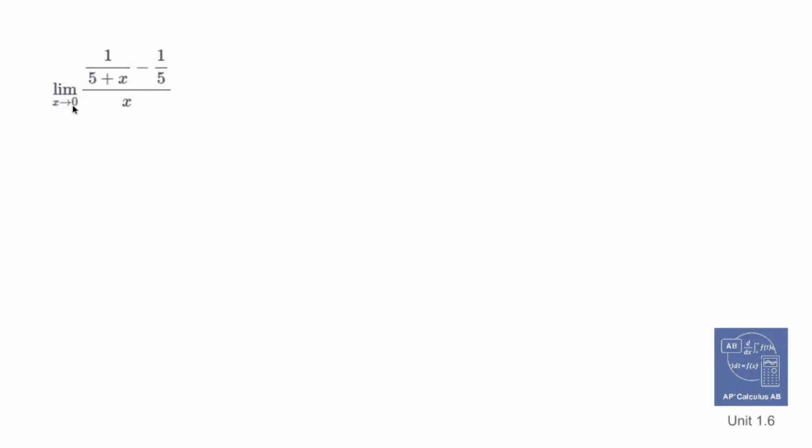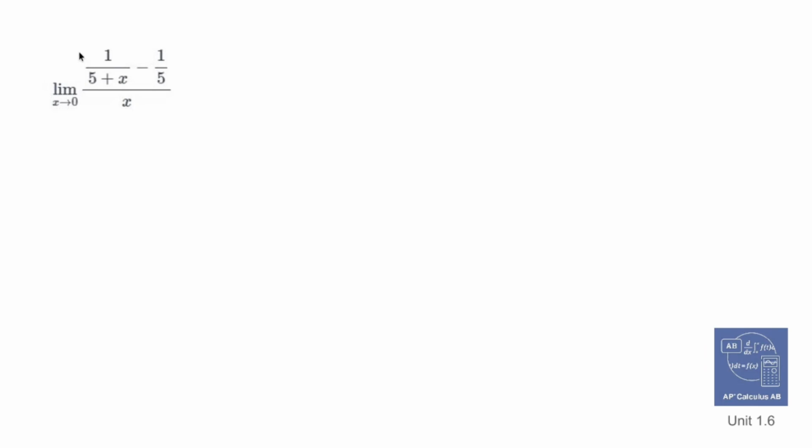Find the limit as x approaches 0 of this rational function right here. Well, issue number 1, if I were to plug in 0, I'd get something that's undefined. But issue number 2 is I have two fractions living up here. So why don't I fix that first and then deal with the fact that I have an x on the